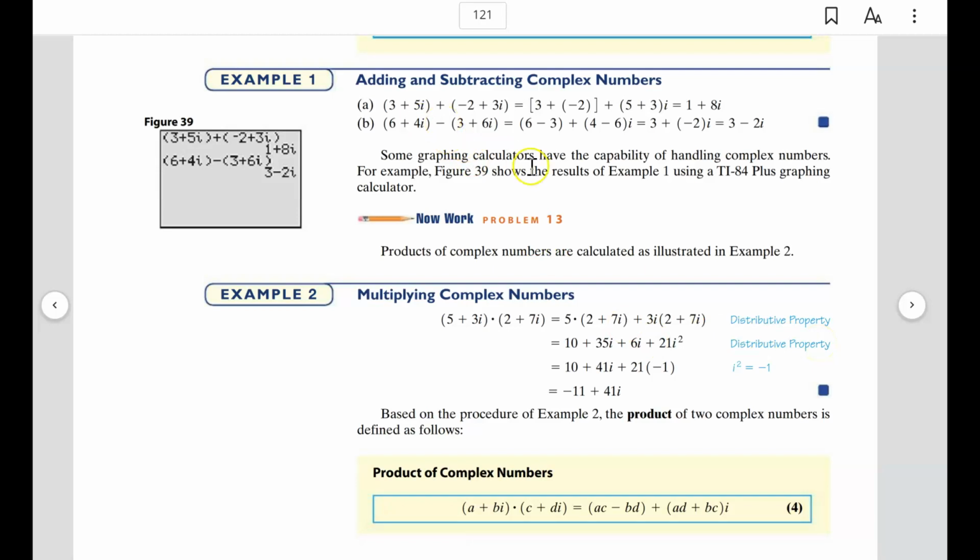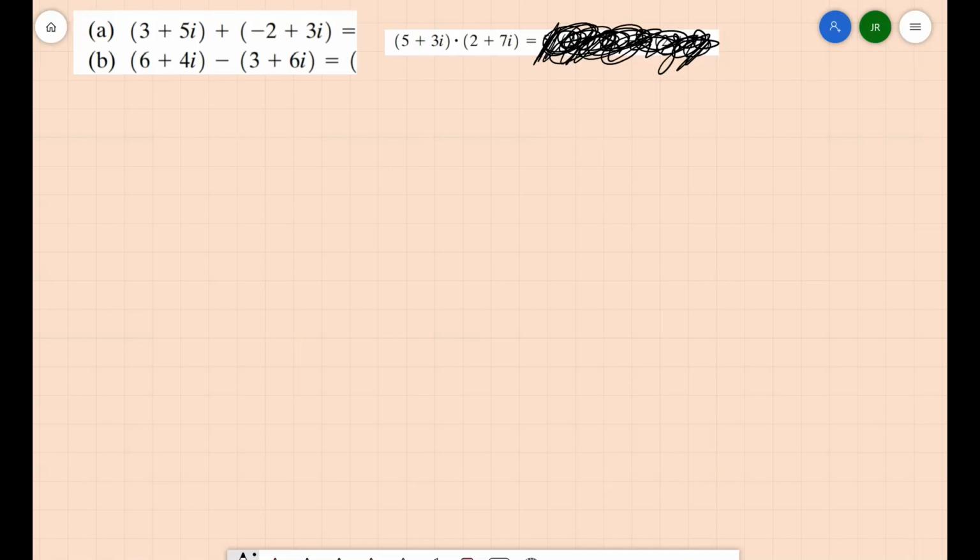3 plus 5i plus -2 plus 3i. All right, so if we add complex numbers like this, it's very simple. Combine like terms. The numbers that don't have the i's combine, the numbers that have the i's combine. So the 3 will combine with the -2, and you would get 1, and the 5i would combine with the 3i, and you get positive 8i. So the result of part A here is 1 plus 8i. Part B, all right,